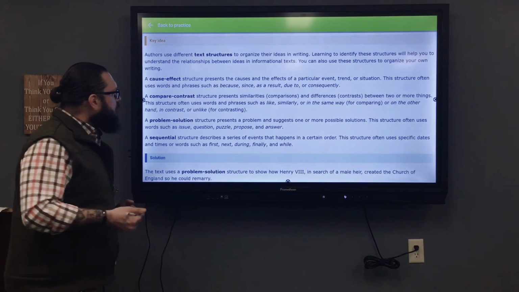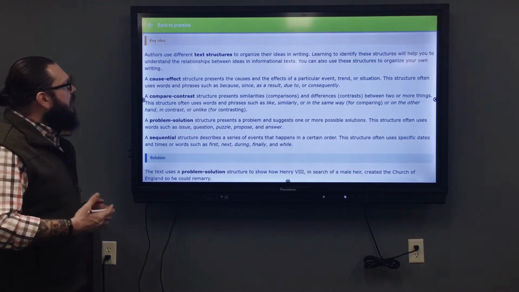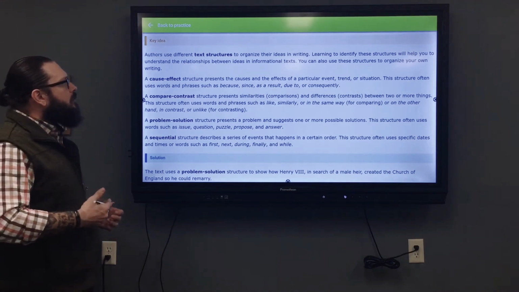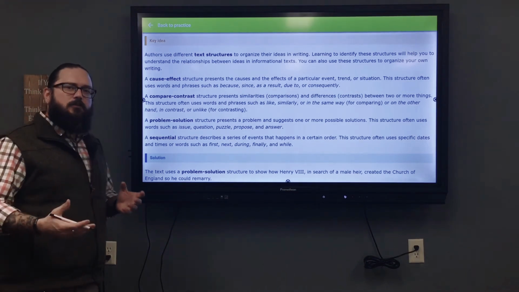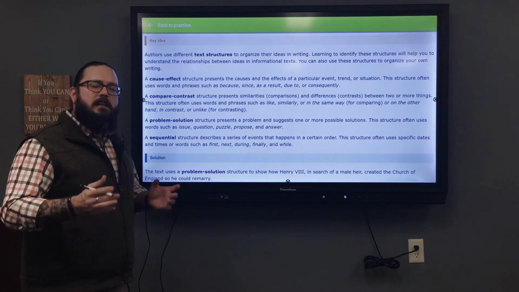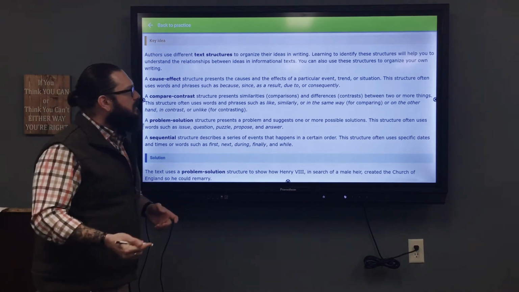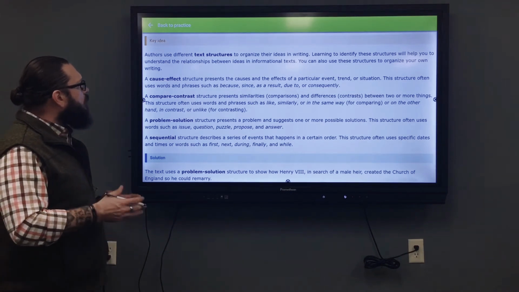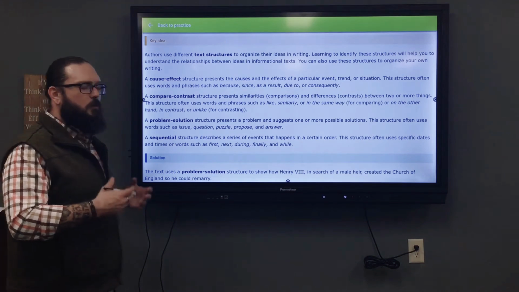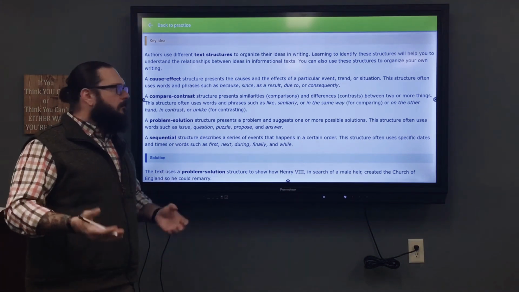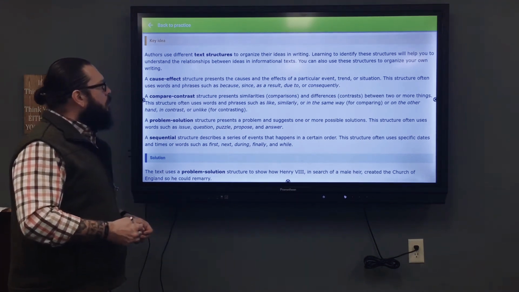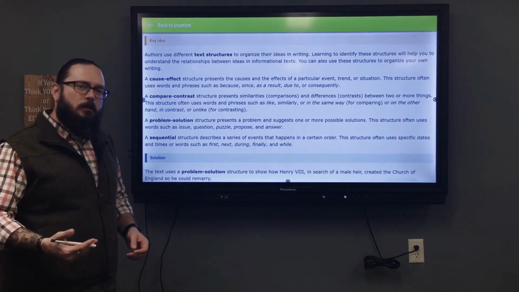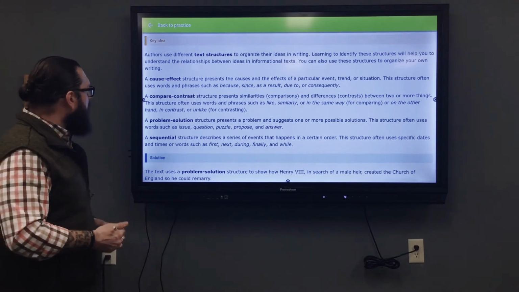Now, a text structure is defined as a way to organize ideas in writing. An author is going to use these text structures to help us make connections between different ideas in a text. So it's important that you learn to identify these structures to help you understand those relationships between ideas, especially in informational text. So the most common types of text structures that you will encounter in an informational style text are,